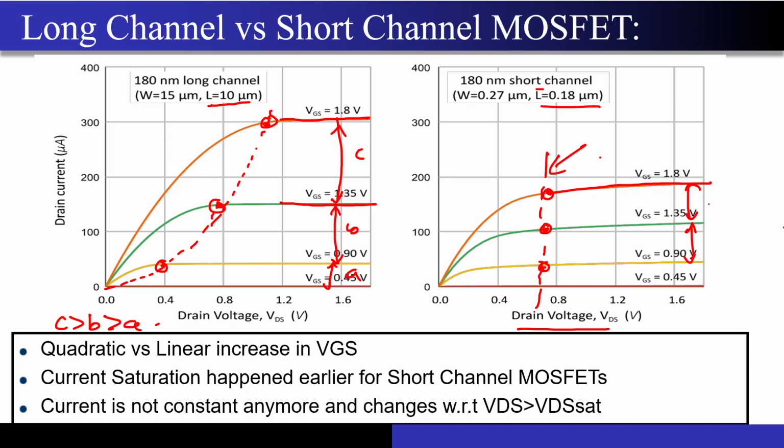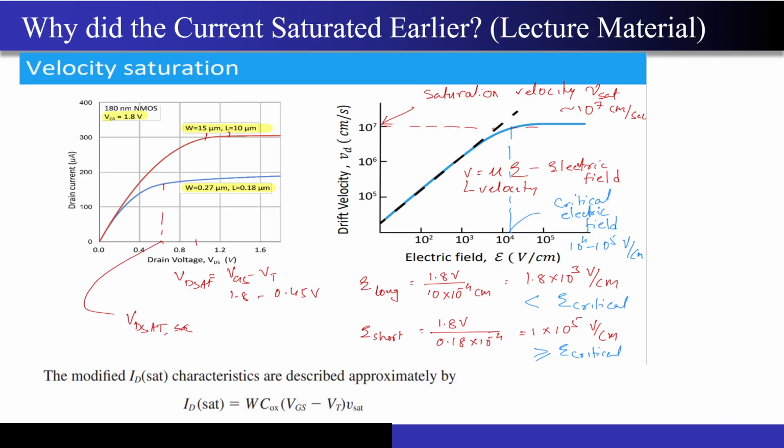So first we will give the reason for this, as well as the reason for this linear increase in the distance. That means C is greater than B is greater than A. This relation was actually quadratic. That means the gap between them was increasing in a quadratic manner. But what you are seeing here is just a linear scale. So first we will clear this confusion, and why that actually occurred.